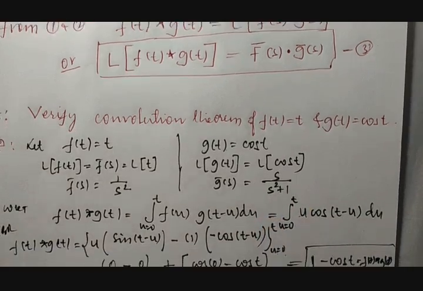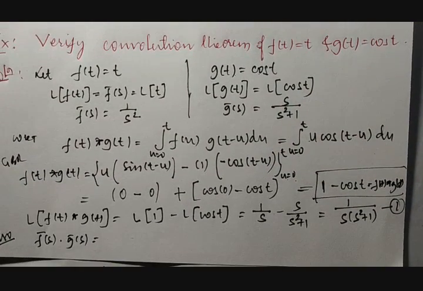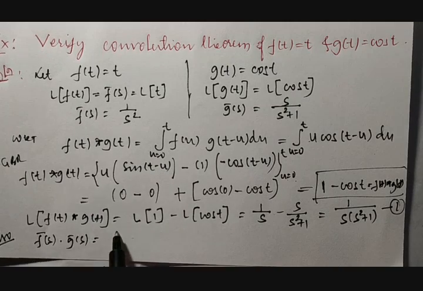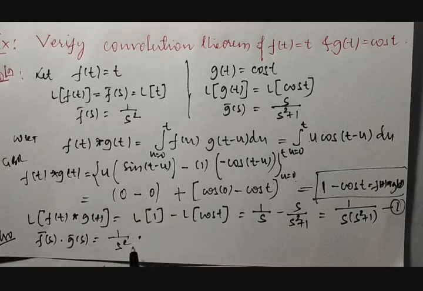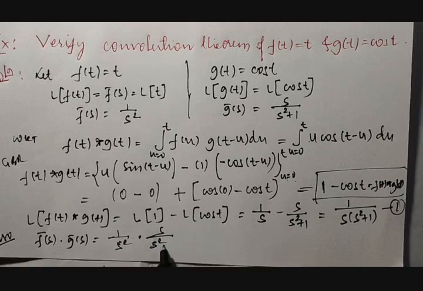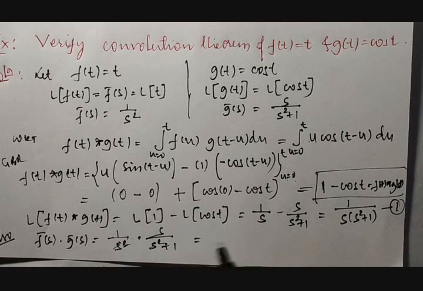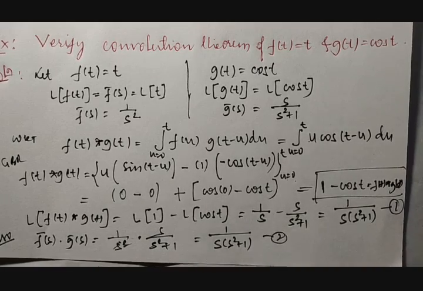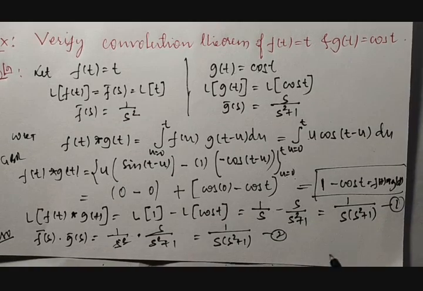So f bar of s into g bar of s. Fine. So f bar of s is equal to 1 by s square into g bar of s, which is equal to s divided by s square plus 1. Therefore, s gets cancelled. Then it is 1 divided by s into s square plus 1. So I'll be calling it equation number 2. If you compare equation number 1